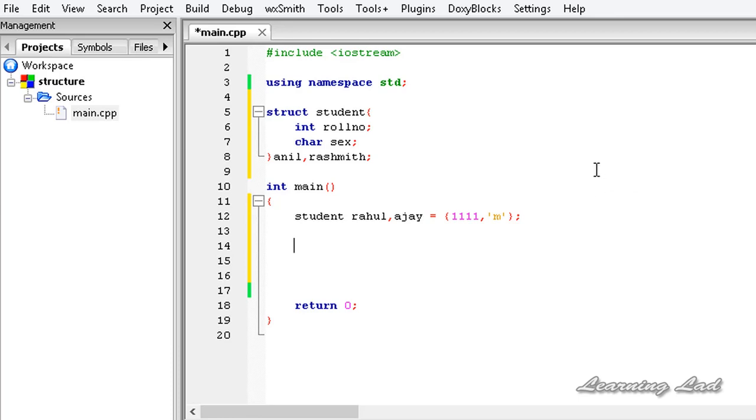Another way includes the dot operator. A dot operator in a structure is used to access the structure members. If we want to access the structure member roll number, we write the structure variable name, let's say Rahul, and then we use the dot operator, then specify the member name, roll number, then the assignment operator equal to, let's say a value of 2222, and again I'm going to use Rahul